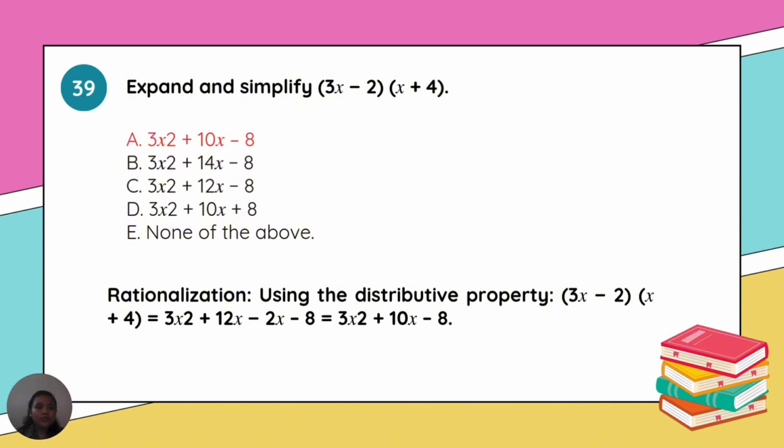So we're using the distributive property. The quantity of 3x minus 2 and the quantity of x plus 4 is equal to 3x squared plus 12x minus 2x minus 8, which is equal to, combining like terms, 3x squared plus 10x minus 8. Okay? And number 40,